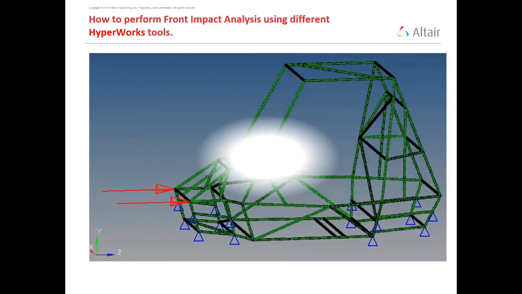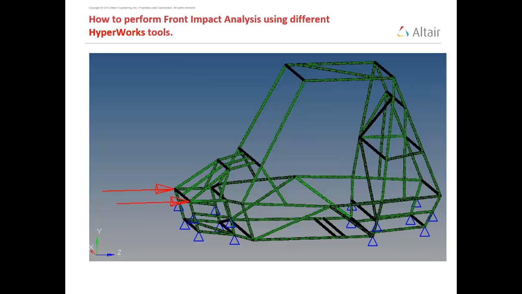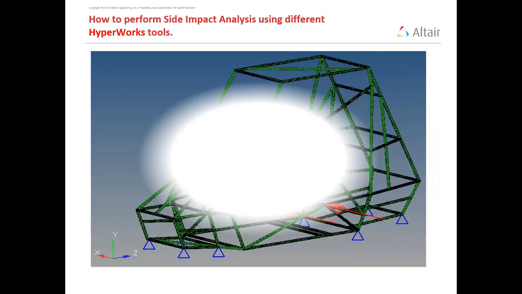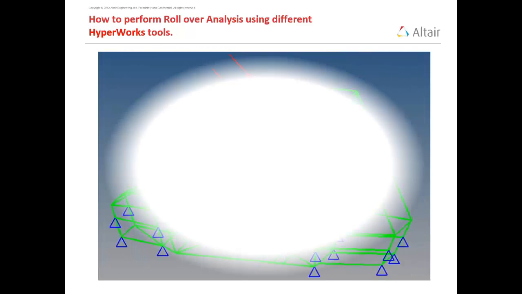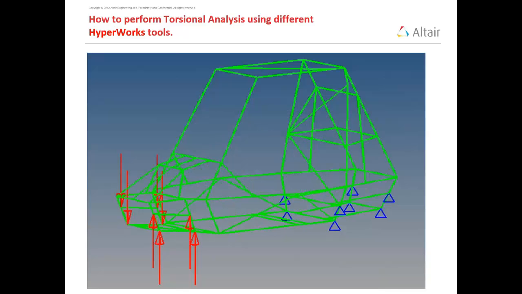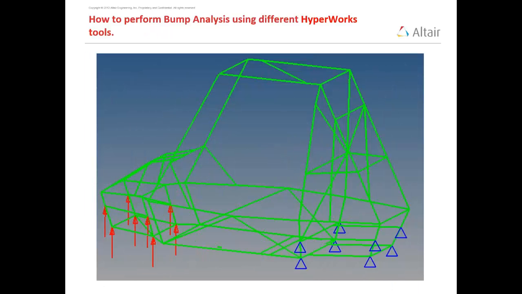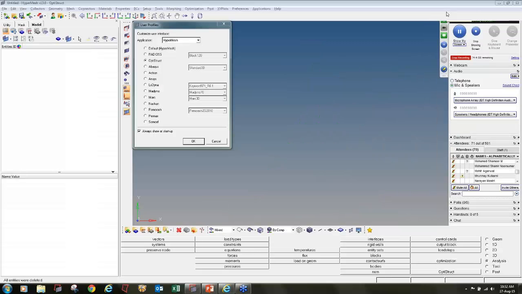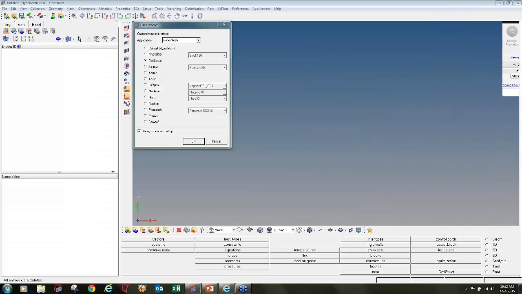Now we will see how to perform what I have shown you. These are the images which I am going to show you practically also. So this is the case of front impact, where we constrain the suspension joints and apply the forces. Similarly, side impact, similarly rollover, then torsional, then bump. So these are the different cases which I am going to show you today. So let's start with